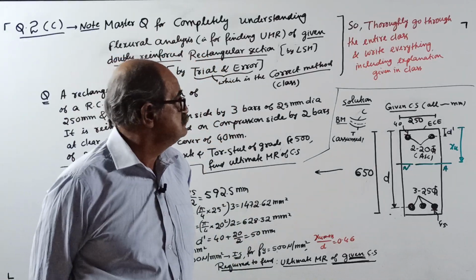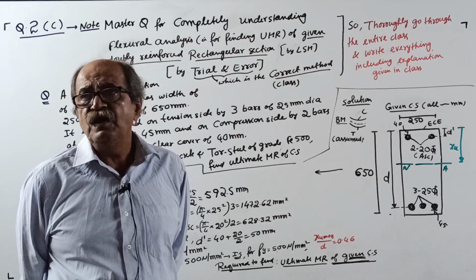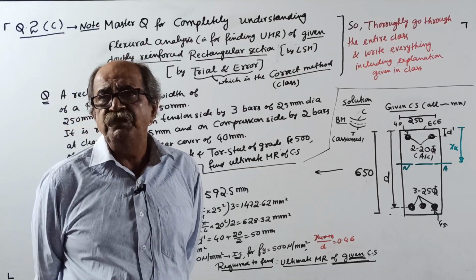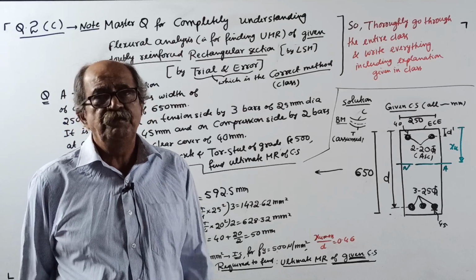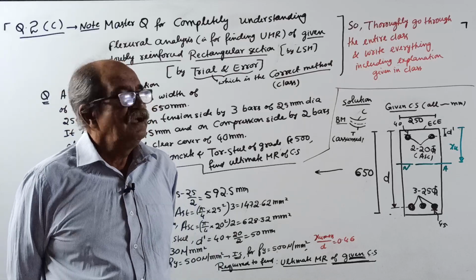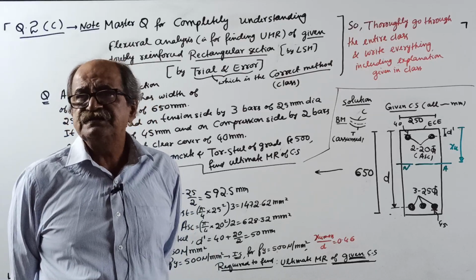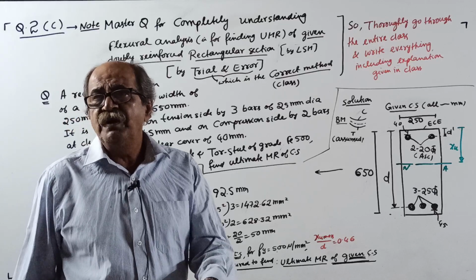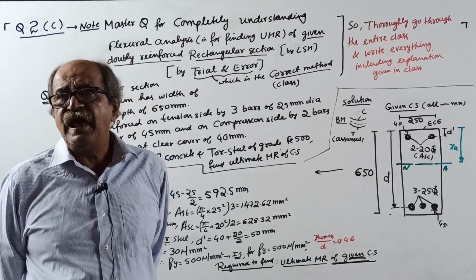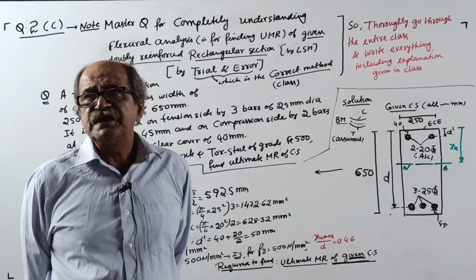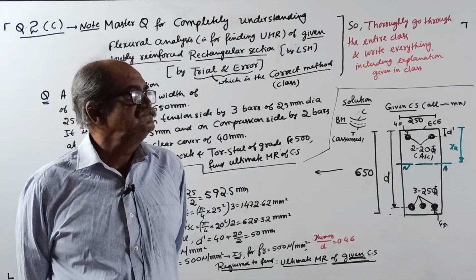Welcome to all. This is part 8 of analysis of doubly reinforced rectangular section by limit state method. See, actually in part 7, if you remember, we performed the trial and error procedure, but only in the second trial we got the answer. Now,